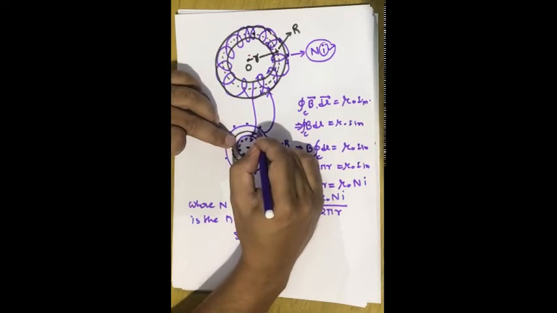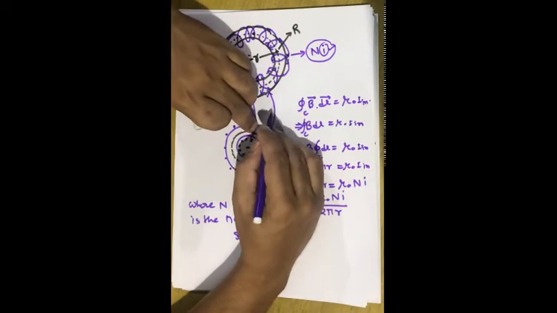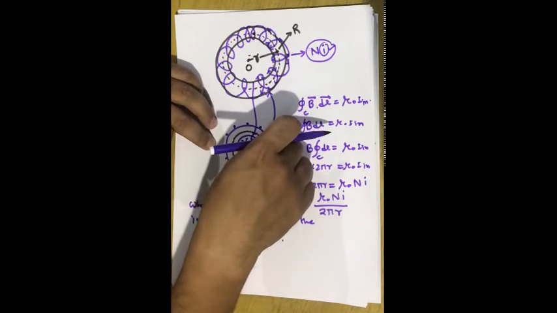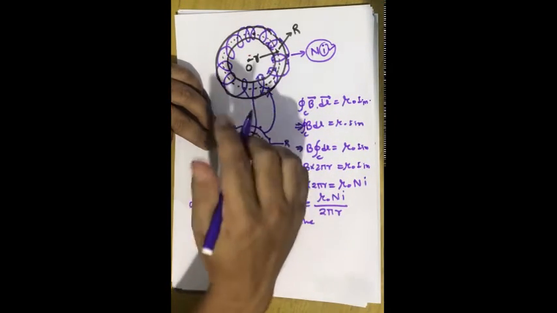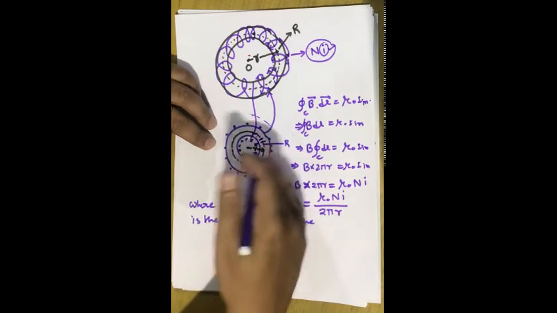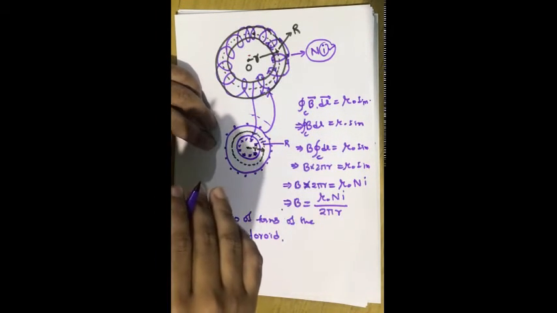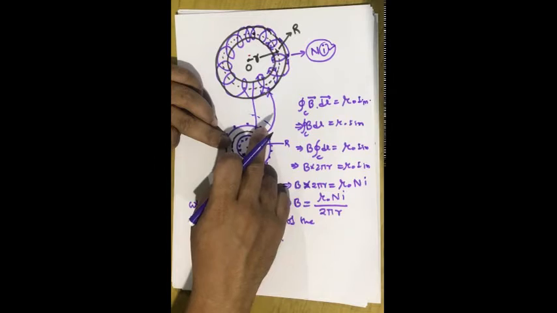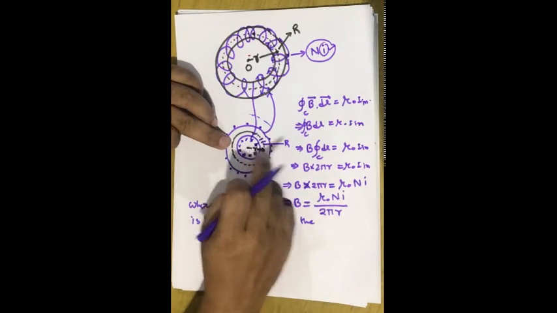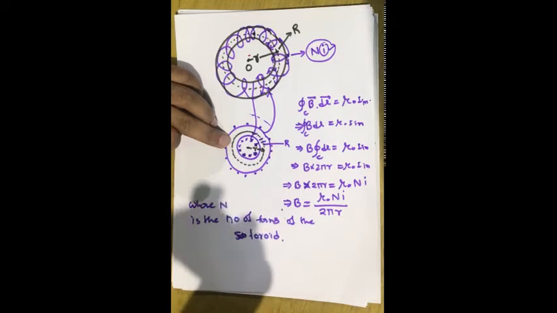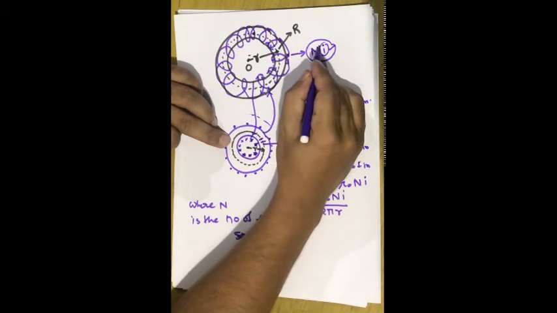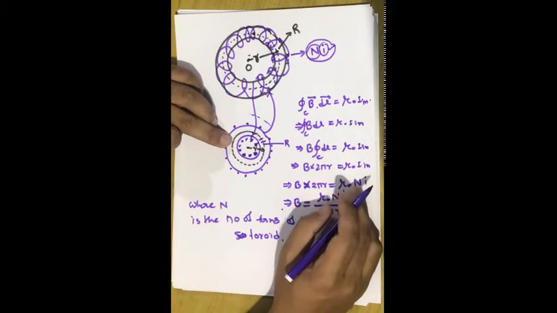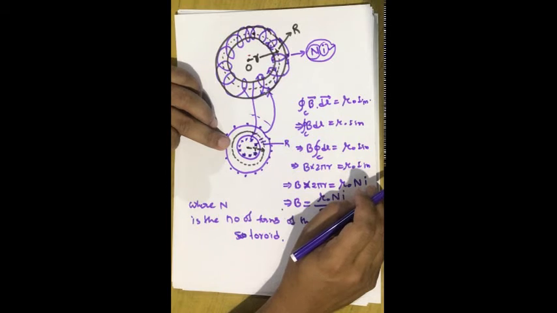We don't consider the current which exits at this point, otherwise the total current will be 0, because at this point current leaves the surface, at this point current enters the surface. So if the Ampere's loop is outside the toroid, as we found in the first case, that value will be equal to 0. But since here the Ampere's loop is between these two surfaces, it will consist of a small current I per turn, and we are considering there are capital N number of turns, therefore the total current enclosed by this Ampere's loop will be equal to capital N into I.